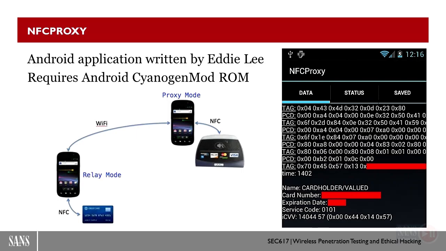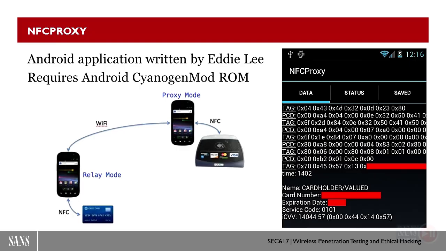Using NFC proxy by Eddie Lee with 2 devices. It is effectively relaying, acting as a proxy to extend the distance over Wi-Fi or cellular. Present one to the terminal, and then we read the card for another location and replay it using the NFC